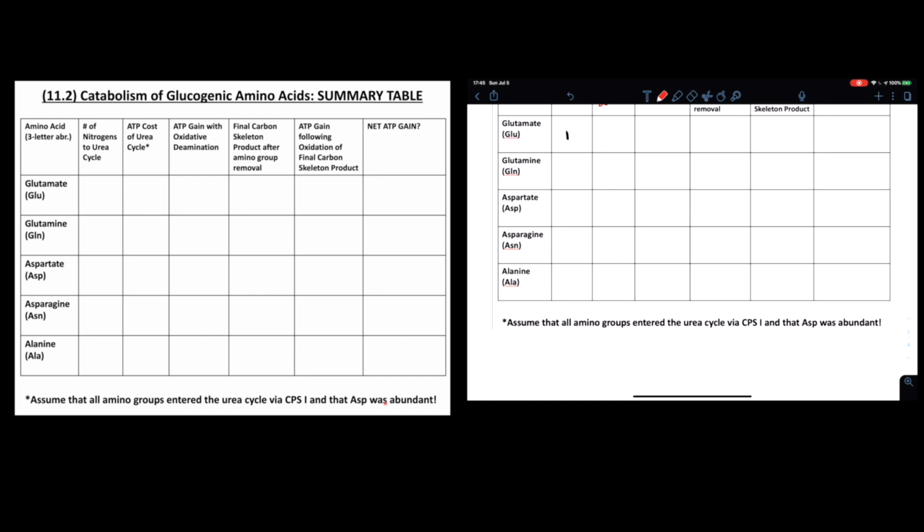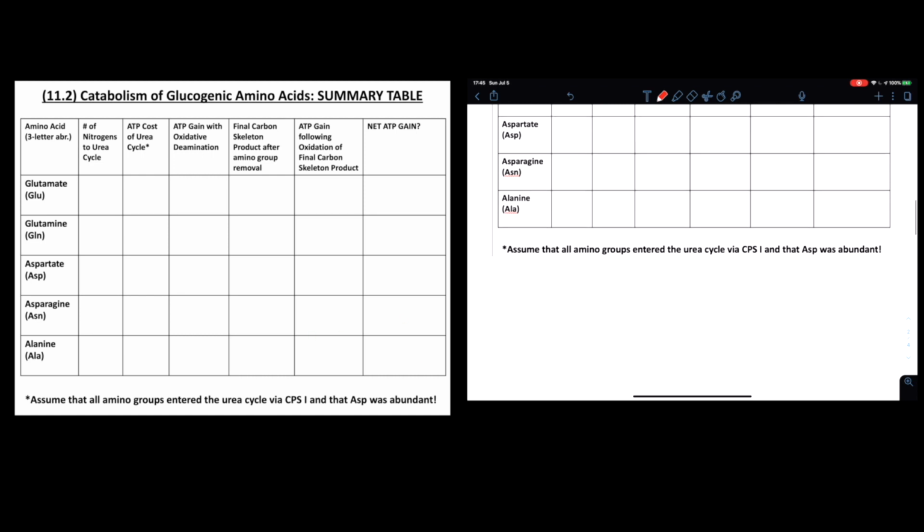So if we assume those two things, that means we are going to have to calculate some of the cost and gain of the ATP in the urea cycle, okay? So let's just go over that really briefly, right? So if we have all amino acid groups going to the urea cycle through CPS1 and aspartate, remember that we're going to have the reaction of CPS1, which is the committed step of the urea cycle, so that uses